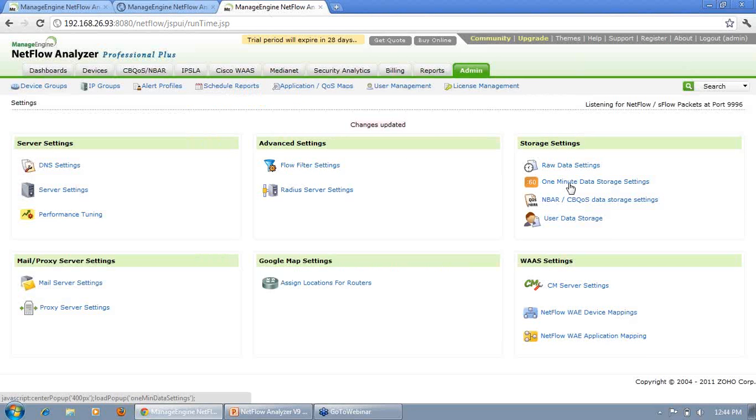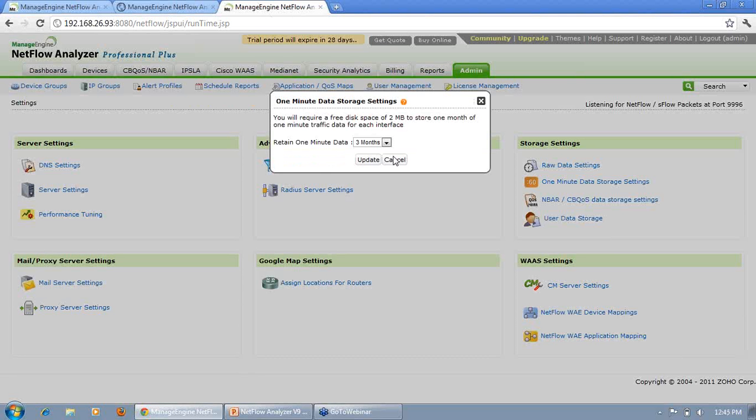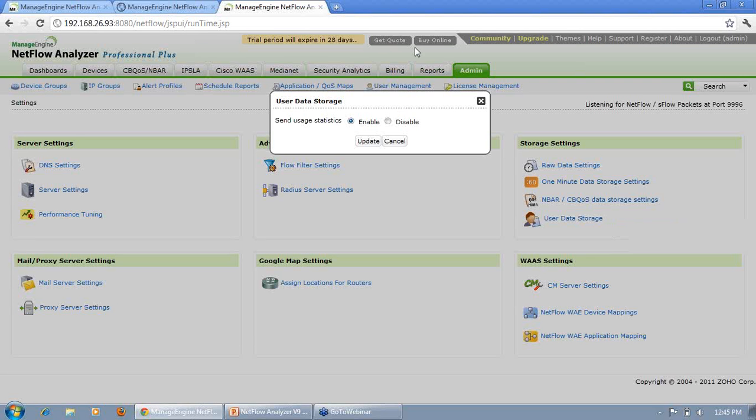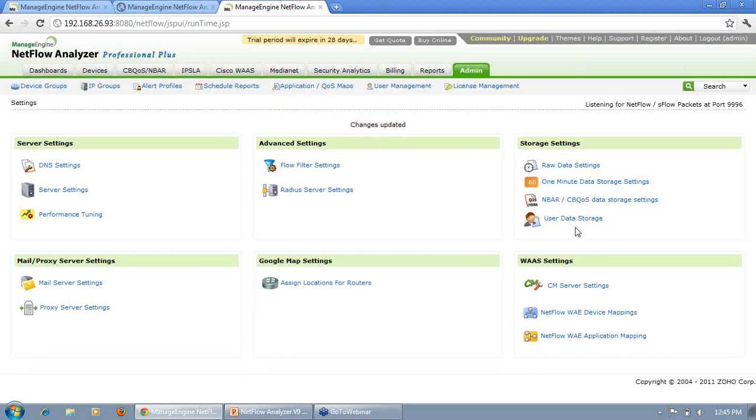1 minute data storage, how long you are going to store 1 minute traffic data, and NBAR CBQS data storage setting, how long you are going to store NBAR and CBQS data collected. And user data storage, that is, if you want to send some information to NetFlow Analyzer about your installation, you can select this option, enable or